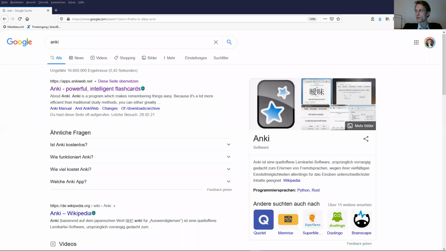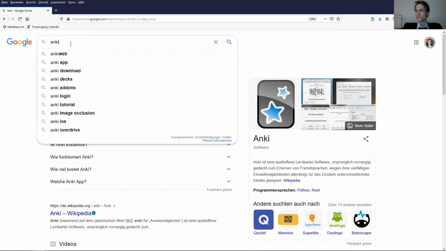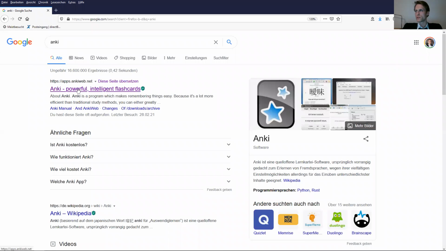When it comes to downloading Anki, you can simply Google the term, and Anki will show up. The first result is Anki, Powerful Intelligent Flashcards. This will be the website, and if you want to download it for your mobile phone, it would be in, for example, your Google Play Store, this gray icon with the blue stars. And if you go inside this website,